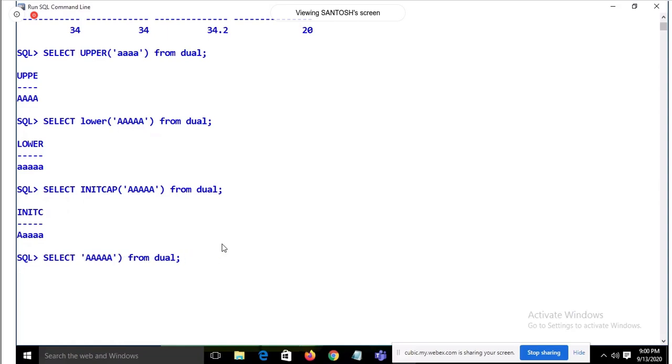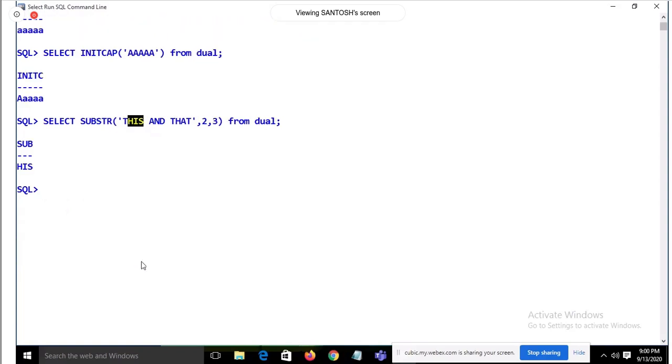So I'm going to use the substr function. These functions are also there in Java. Substr of this and that, and I'm going to use 2, 3. From the second position, I get 3 characters, which is HIS. Like that, we have the function called instr.